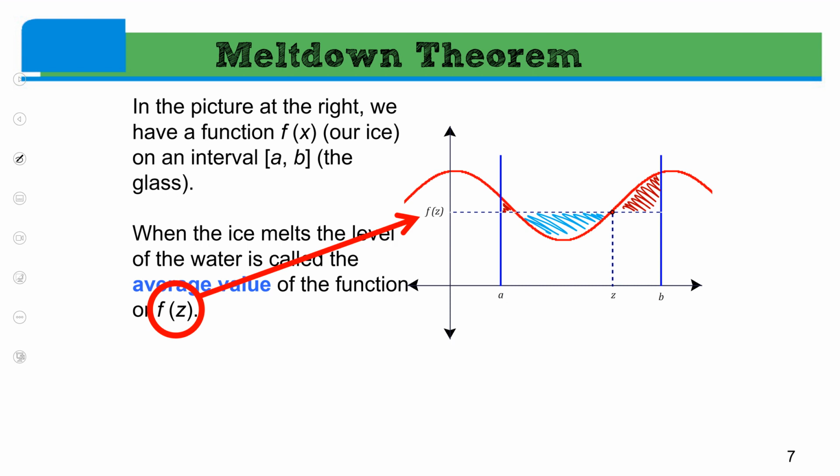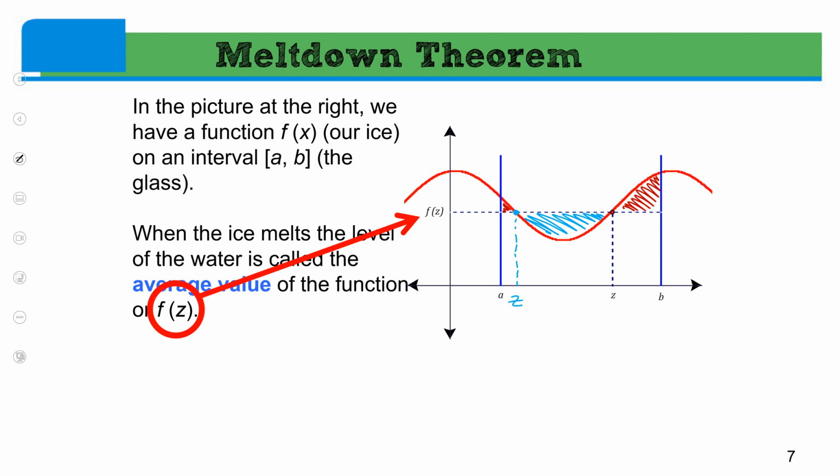Question? Why isn't z in the middle of... I'm getting there. Hold on. Once we find, and I'm going to show you how to find that average value, once you find your average value, you'll notice I'm missing one, but I just highlighted one of them. But there's actually 2 points where that average value hits the function. And if you follow those 2 points downward, they generate what's called a z term. It's the x value that when plugged into the function gives you the average value.